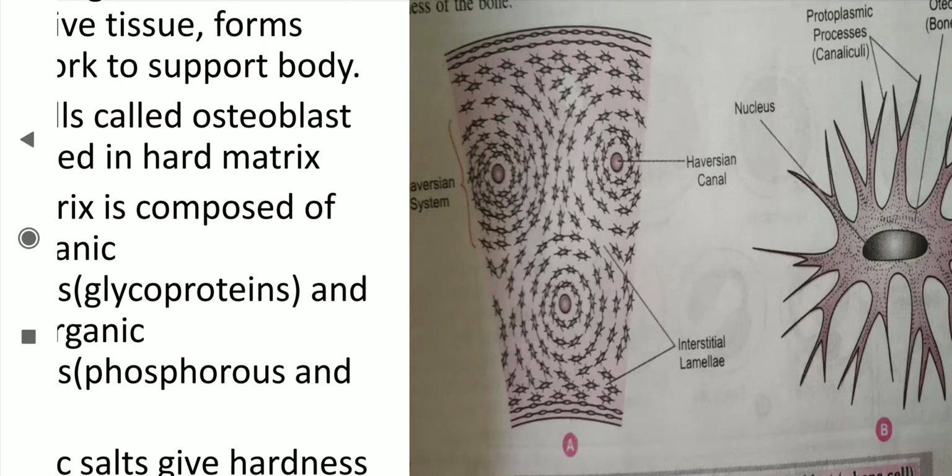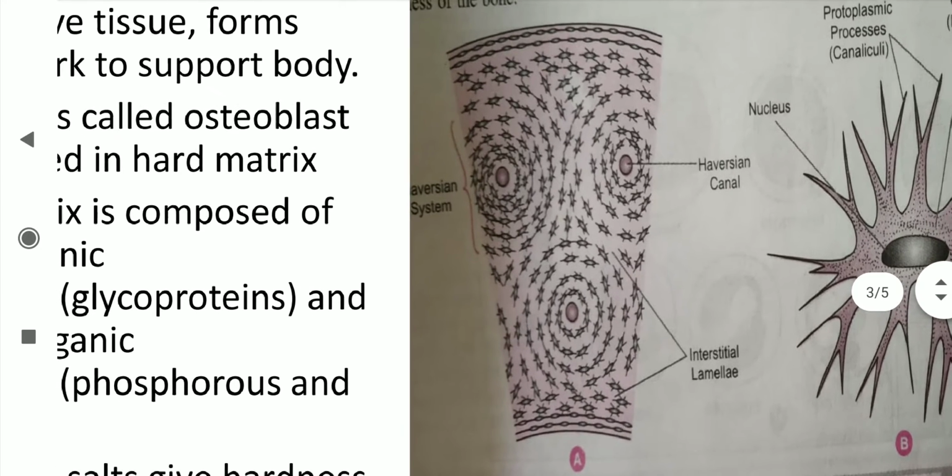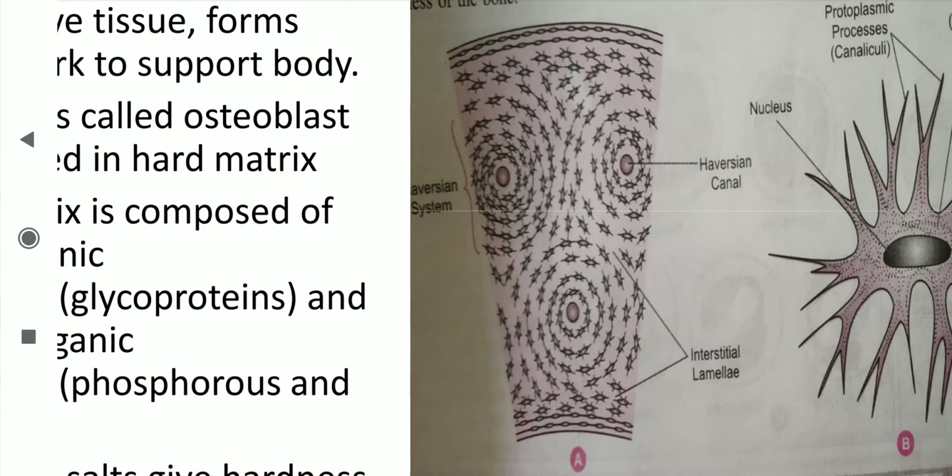What is coming out from these lacunae? Nerves and blood vessels. The blood vessels passing through them provide nutrients to the osteoblast cells. Because cells require nutrients, the lacunae bring blood vessels. What is there in the blood? Food, and that food is provided to the osteoblasts and helps in the exchange of material.